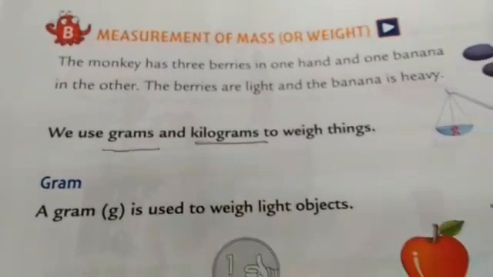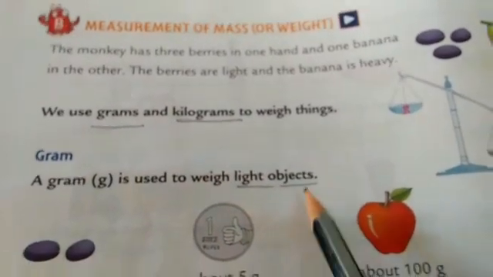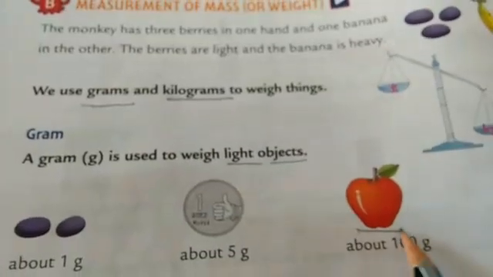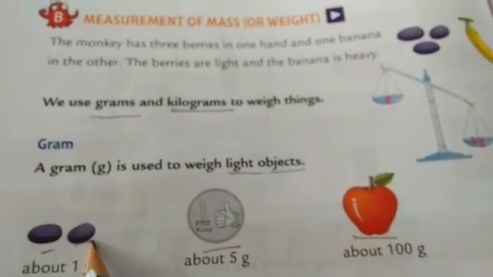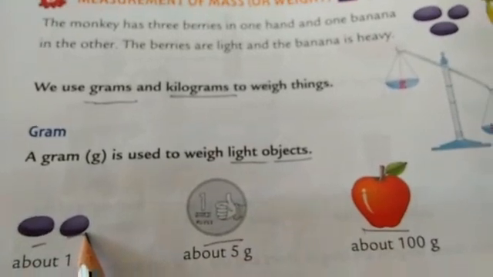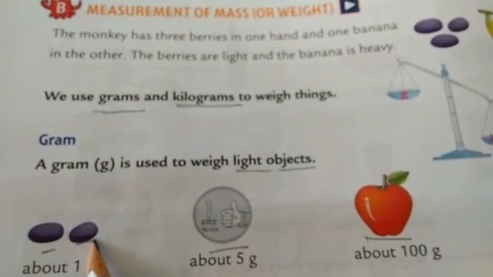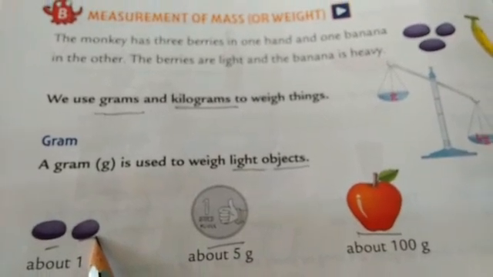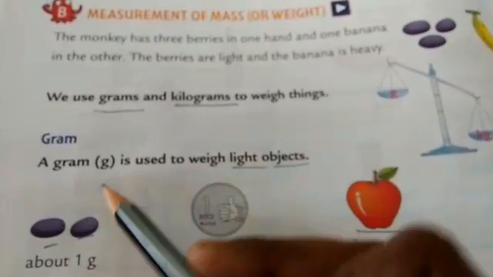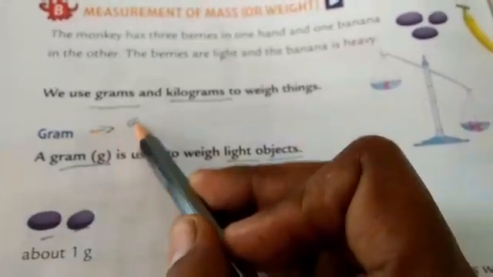To measure the lighter objects, means the weight of an apple, the weight of a coin, the weight of two stones, we use the smaller unit, gram. To measure the smaller objects, that means the light objects, the unit is gram. Gram is written as g. Then next,